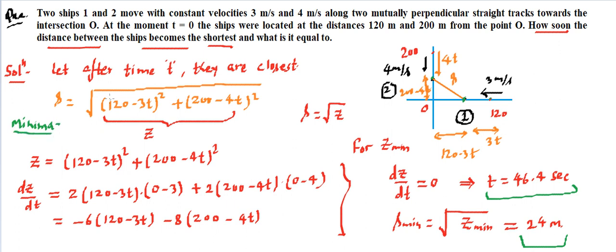To make things simpler, we assume the entire expression as z, so that our differentiation becomes a little bit easier. We differentiated it, and then for getting z minimum, we put this differentiation equal to 0. Out of this, t has been calculated, then we replaced this t in z, and got the value of distance, which is the minimum separation. And this is a general idea that you can use for getting minimum separation between any two particles moving.